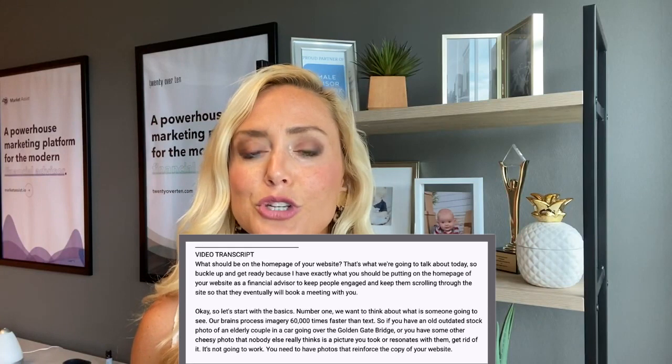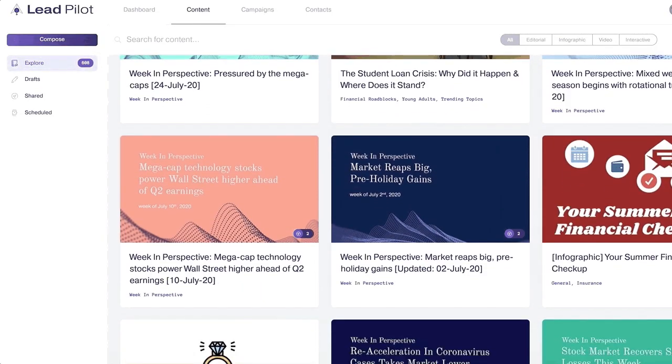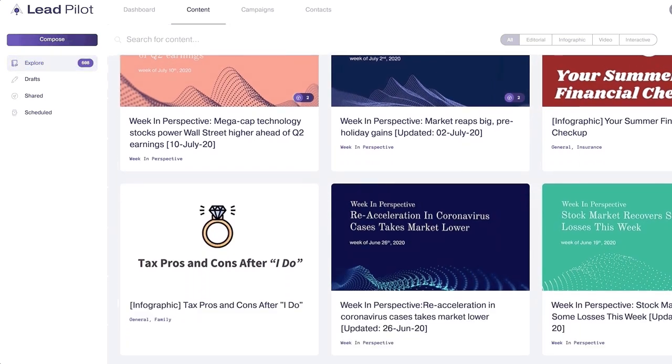If you do use either an audio or a video file though, make sure you include the transcript or a summary so that Google can crawl it. Google can't crawl a video file or an audio file the way it can crawl a text file. So make sure you include that. So gear that all up on Monday, get it ready to go, but don't actually promote it on social media or anything yet. Just add it to your website or your landing page. If you're using Lead Pilot or 20 over 10's platform, you can also go into the content library and choose a piece from there.